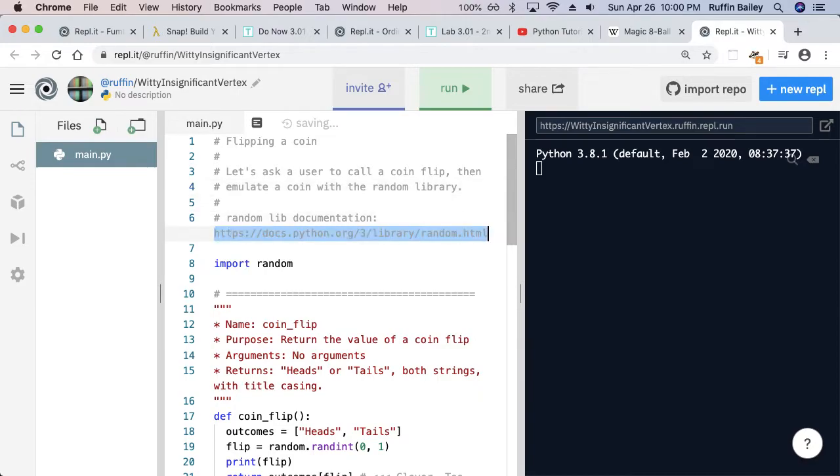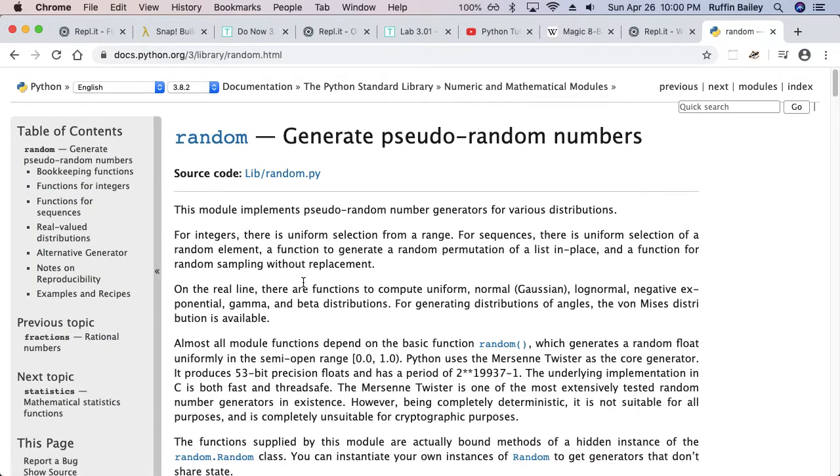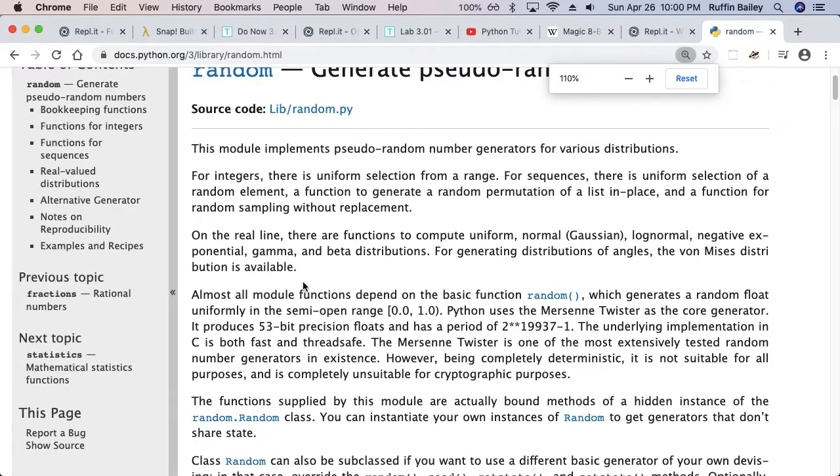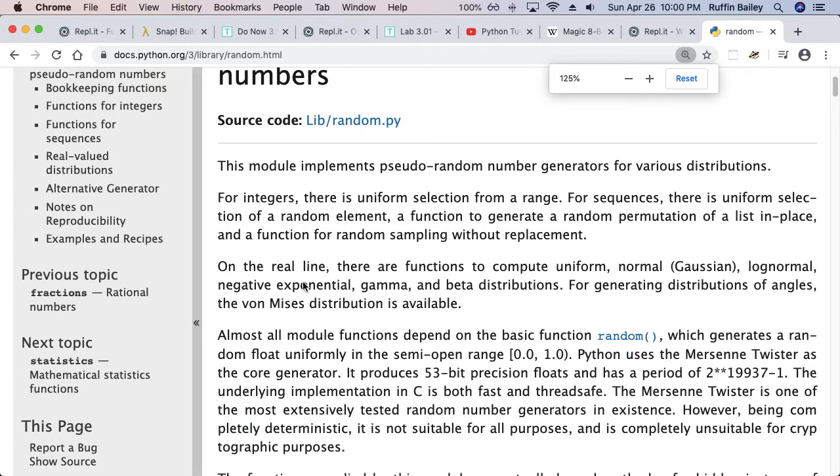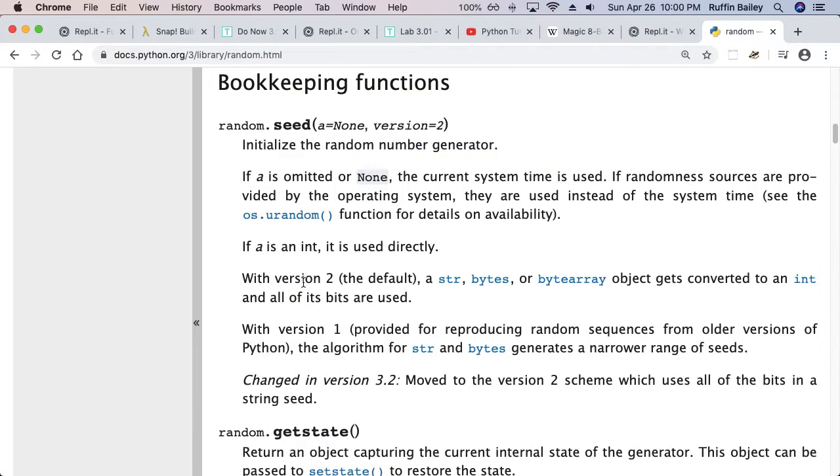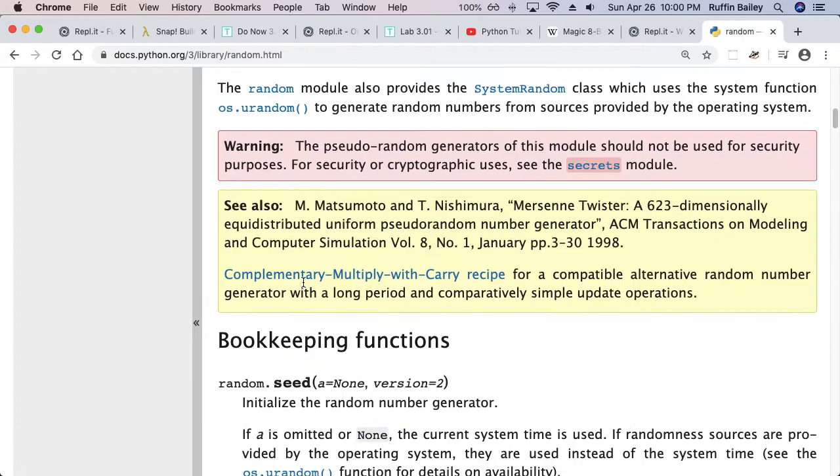And if we wanted to read everything there is to read about the random library, we'll see that it has a lot more functions than just randint. And if you ever get bored, you can come check out different things that you could be using to get random numbers. One thing that is interesting to point out,